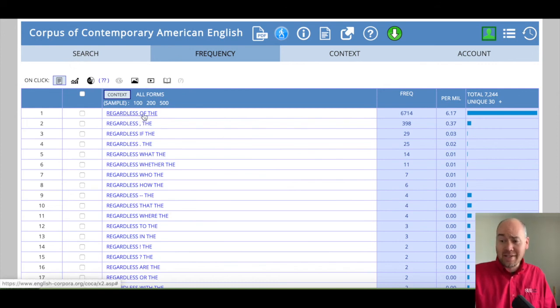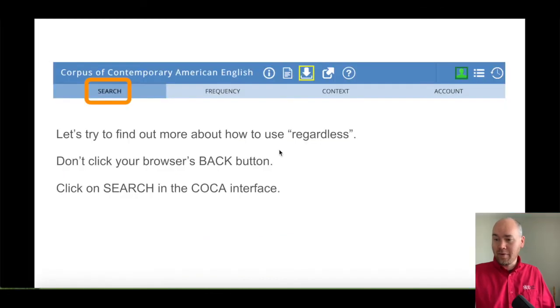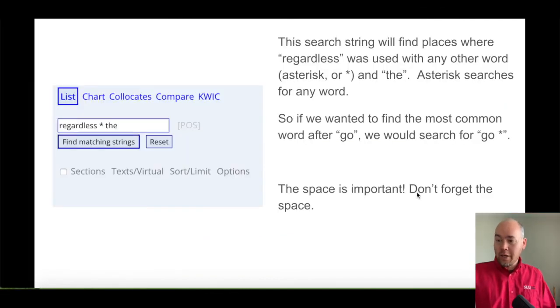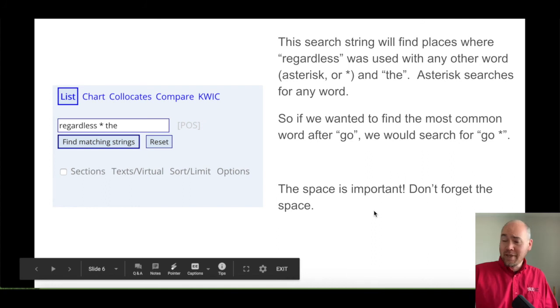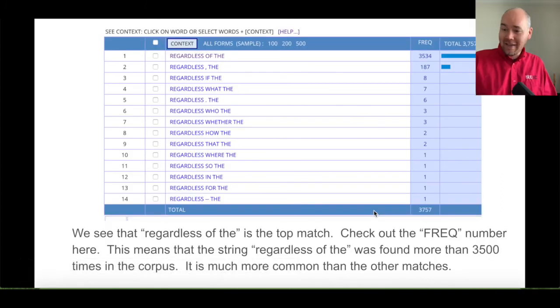I thought regardless of was the most common, and it is the most common. So if I'm typing a paper and I use the word regardless, the next word will probably be of. If I want to sound natural, I want to use of there. Okay. So this just explains what I just explained, right? And if I want to know more,